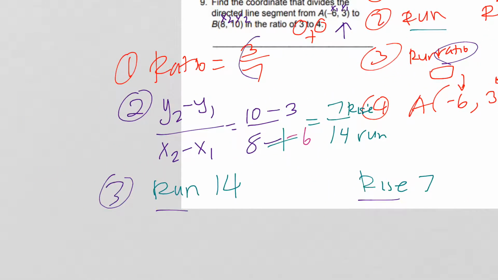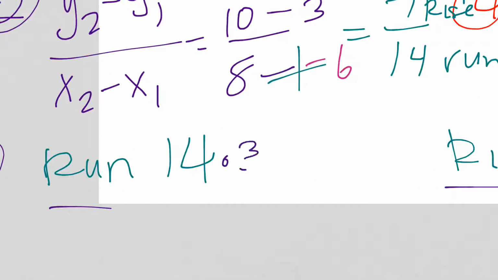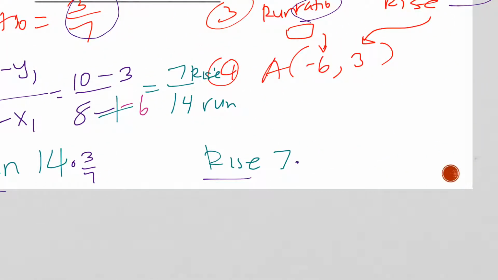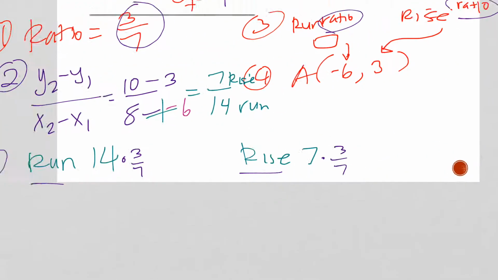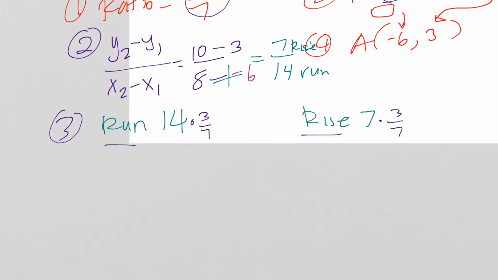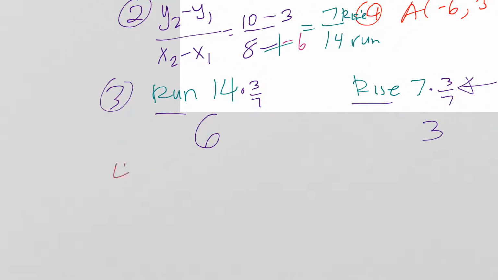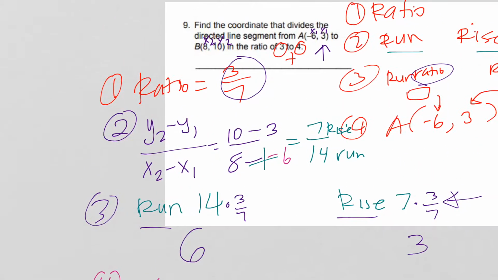So what was the ratio we found? We found it as 3/7. So 14 times 3/7 and 7 times 3/7. So if you use a calculator, 14 times 3/7 is equal to 6, and 7 times 3/7 over here is equal to 3. So last step tells us, step 4, to take the coordinates from your first point, which are negative 6, 3,